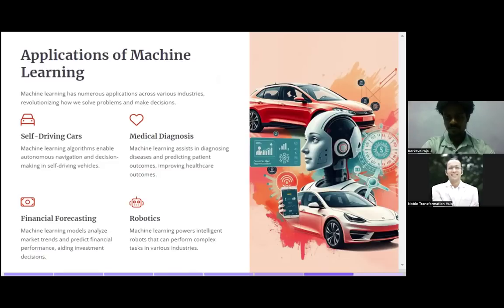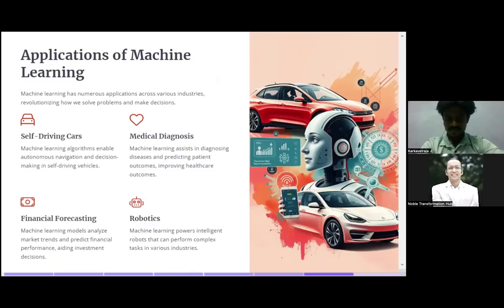Financial forecasting. Again, finance is a big field: trading, stock market, banking applications, forex trading, crypto. A lot of sectors and subsectors. Machine learning can predict trades, predict financial performance, detect fraud, and inform investment decisions. A lot of things we can do with machine learning.